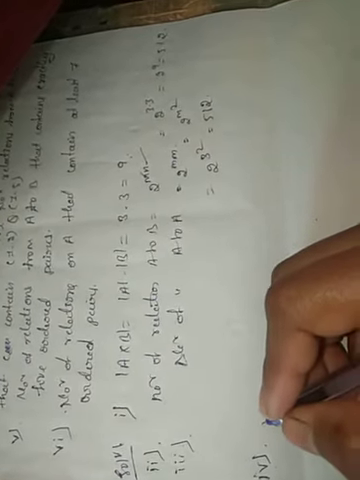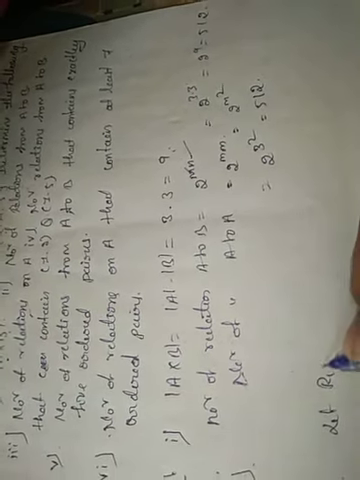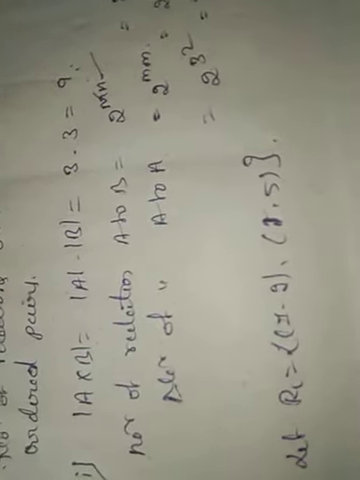Come to the fourth one. Number of relations from A to B that contain exactly the elements (1, 2) and (1, 5). Suppose we let R1 equal {(1, 2), (1, 5)}. Here, (1, 2) and (1, 5). Suppose we know that